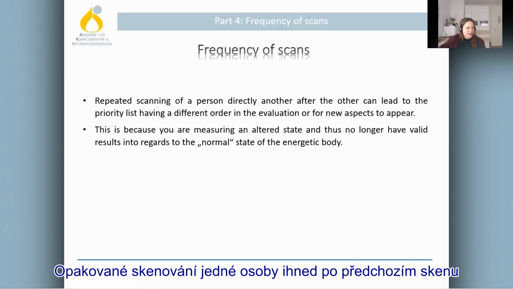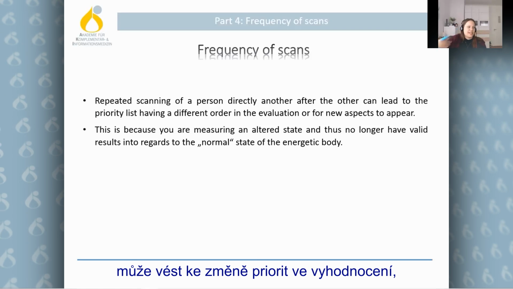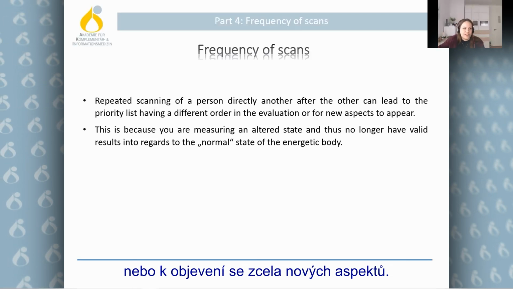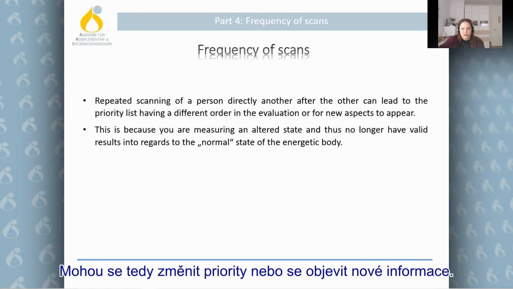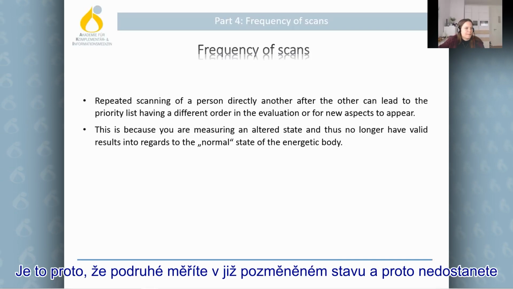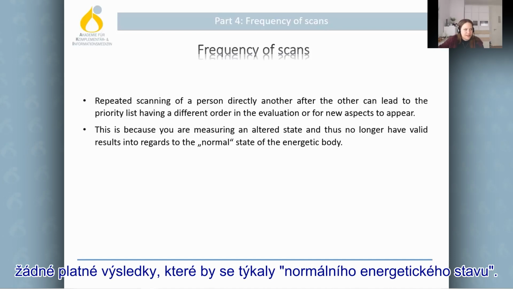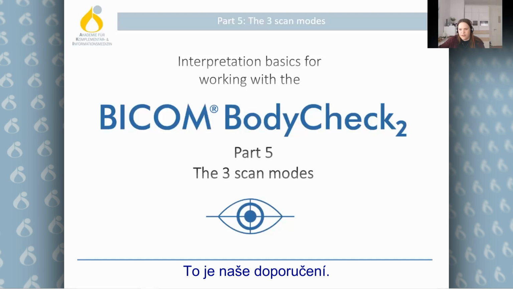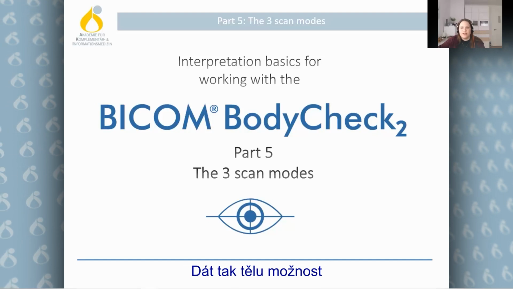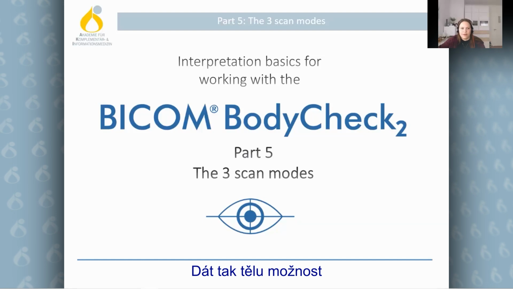So repeating scanning of a person directly one after the other can lead to the priority list having a different order in the evaluation or new aspects to appear. So the priorities can change, it can have other information. This is because you are measuring an altered state and thus no longer have valid results in regards to the normal state of the energetic body. So here again, scan only every 2 or 3 days. This is the recommendation we give to give the body the possibility to